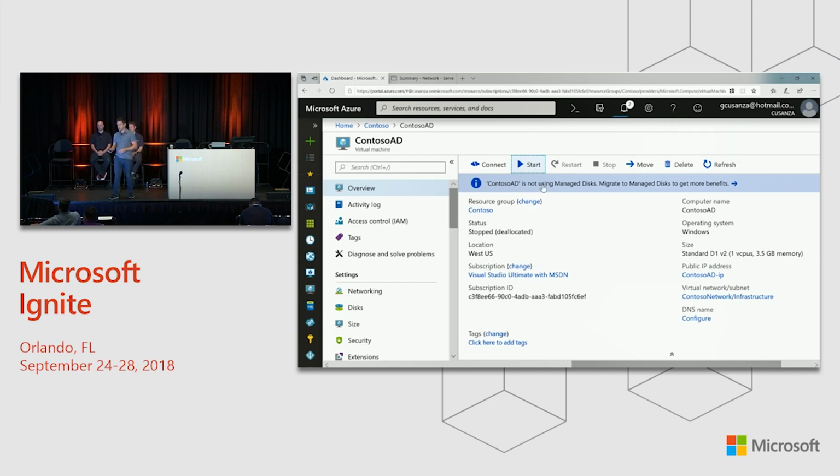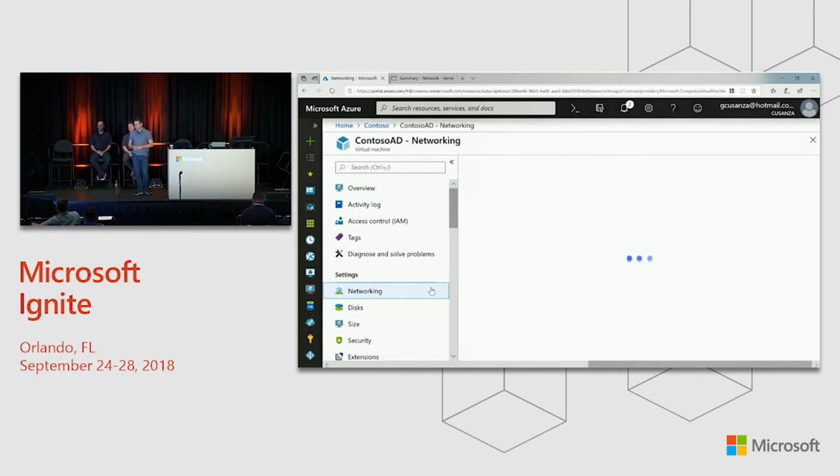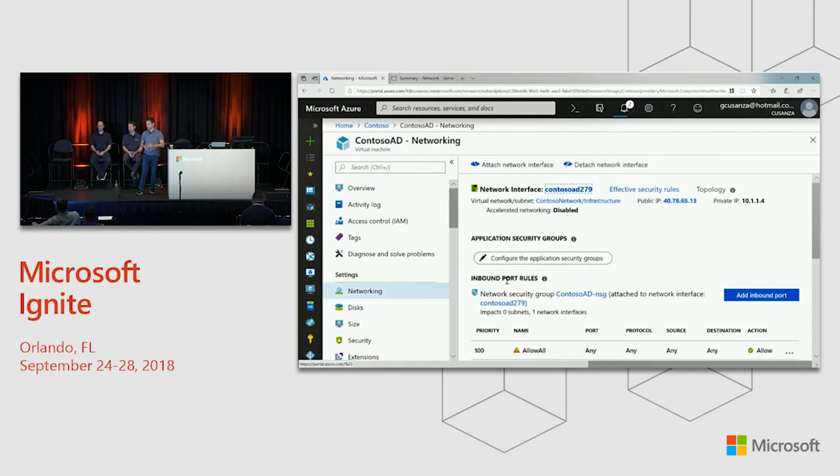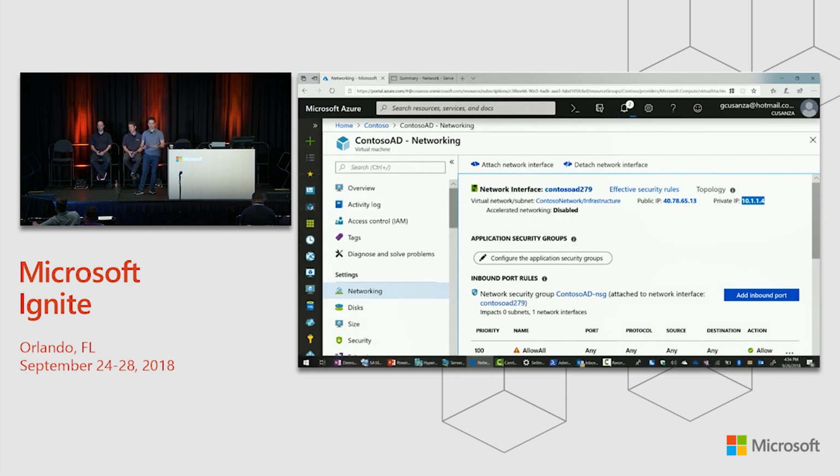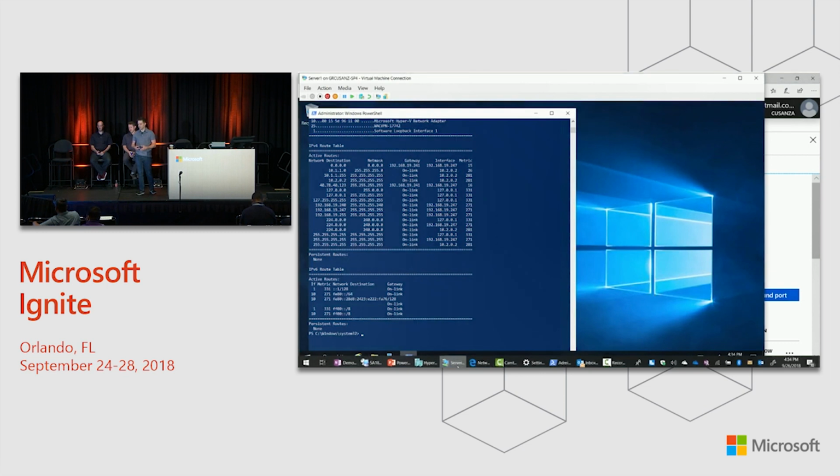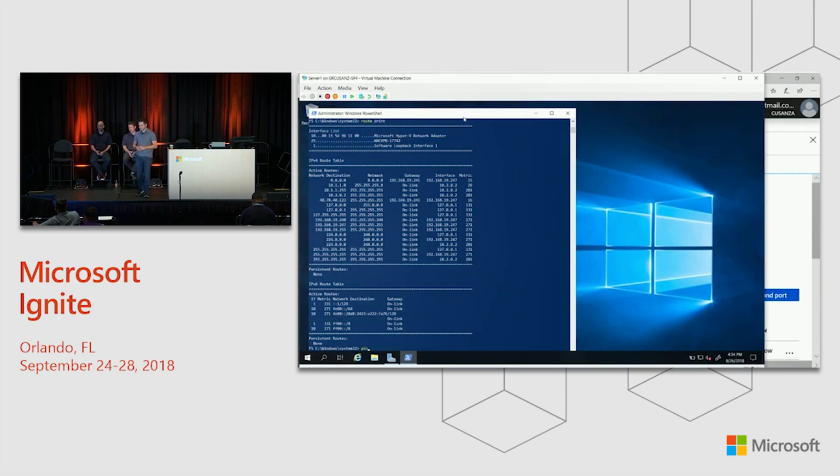And when it does, we're going to go back to the server that we set up with the VPN connection, and we're going to start a ping. Well, in order to do the ping, we have to know what the client address of this machine is. So quickly go over to the networking panel here to see that address. There it is in the top right on the 10.1.1 subnet, and 10.1.1.4 is the address. So we're going to go back to our machine and show that we have direct connectivity to it as if we were directly connected and part of this Azure virtual network. So here we go. We're going to start the ping.